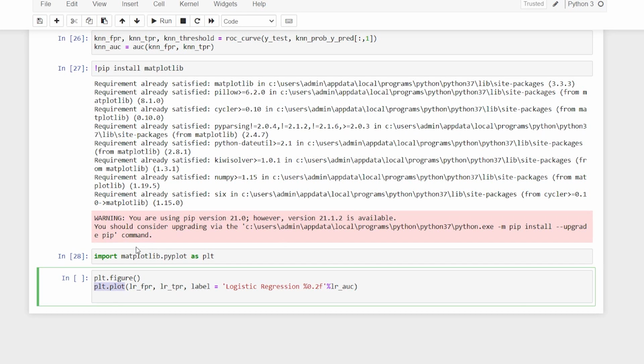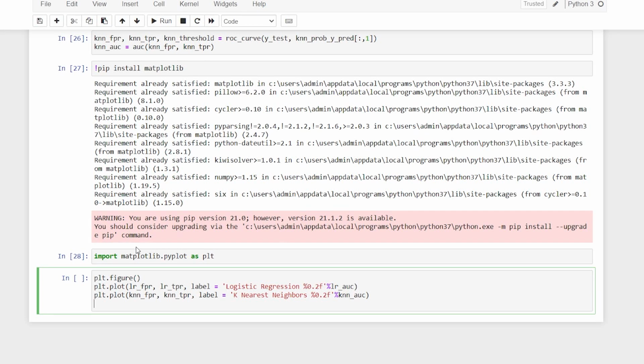Similarly I'll make another plot. I'll say plt.plot, and here I'll say KNN FPR. Now my x is going to hold KNN FPR, my y is going to hold KNN TPR, and similarly I have the label which states k nearest neighbors, then %0.2f with 2 floating point values of my area under the curve, so I'll say KNN AUC.